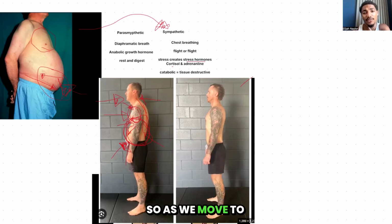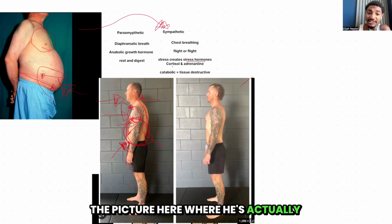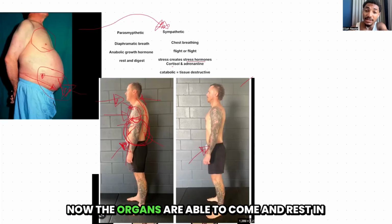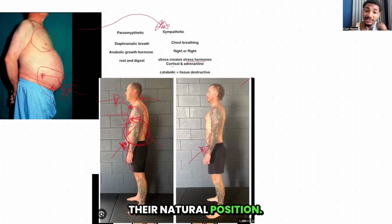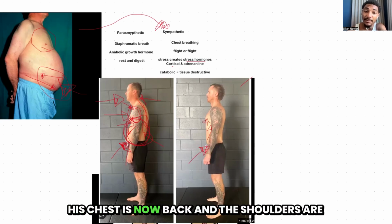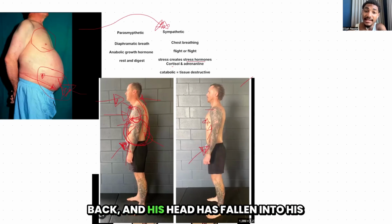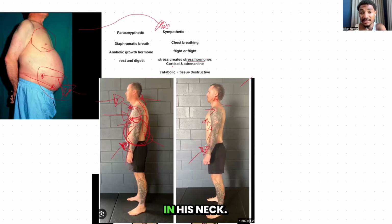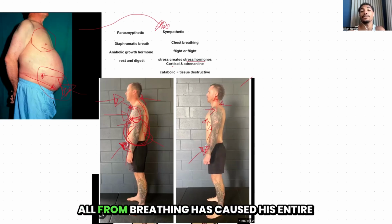So as we move to the picture here, where he's engaging his transverse abdominis effectively because it's toned now, the organs are able to come and rest in their natural position. The ribs rise up, allowing for a full diaphragmatic breath to take place. His chest is now back and the shoulders are back, and his head has fallen into his midline, which means there isn't any stress in his neck. So now, all from breathing,